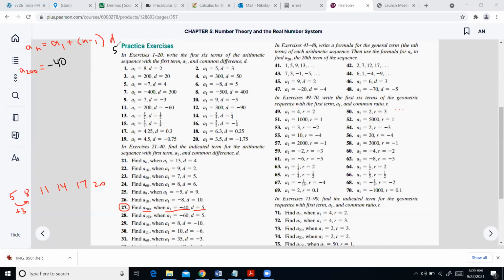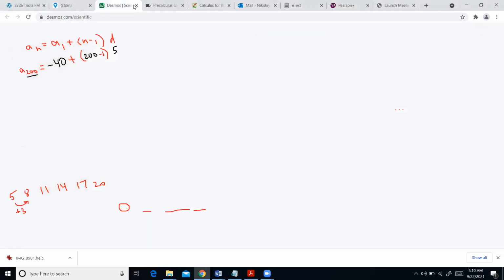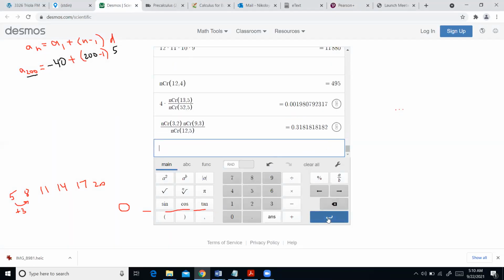And instead of n, I put 200 because it's term number 200 that I have to find. So I'm going to add these, and in the parentheses will be 200 minus 1, just like that, and calculate this result. And I guess the calculator will definitely be a helpful tool here. So let me use a calculator. So I'm going to put a -40